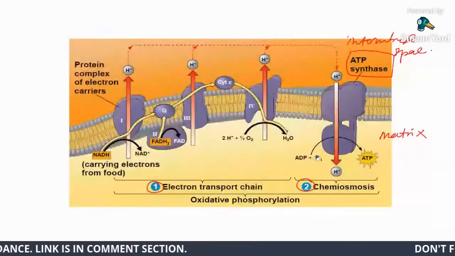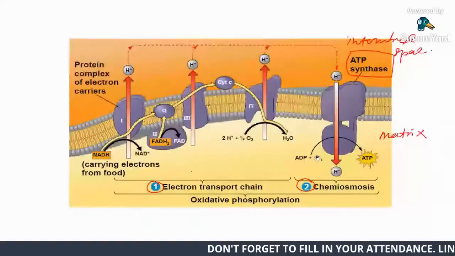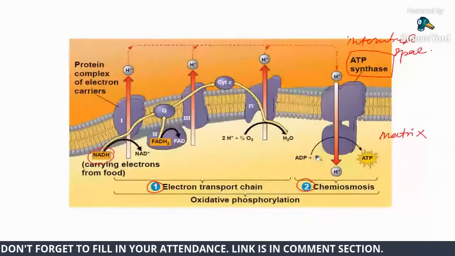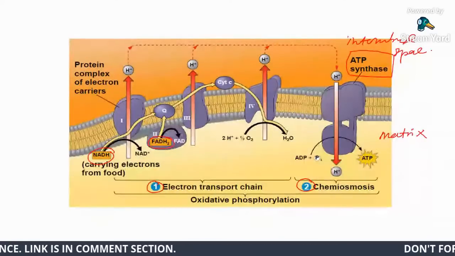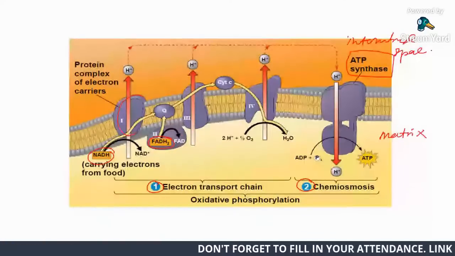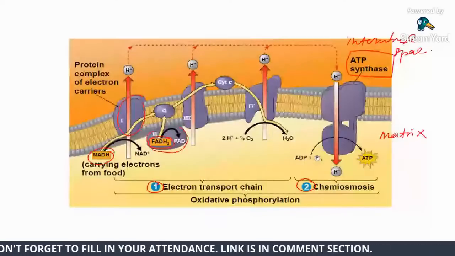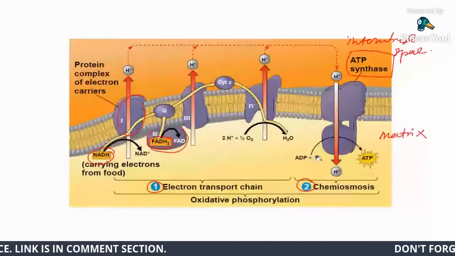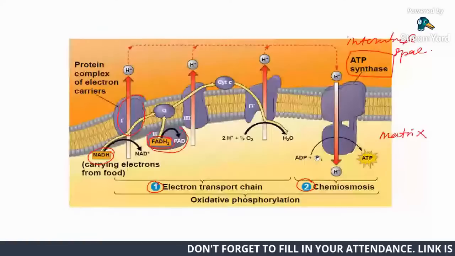Okay, so what happens in oxidative phosphorylation is we have our electron carriers, NADH and FADH2. Both of them will donate the electrons to the electron transport chain, to the protein complex, and the movement of electrons, the electron will move